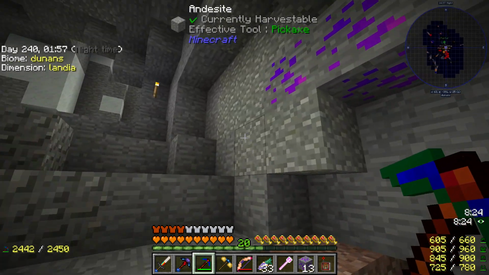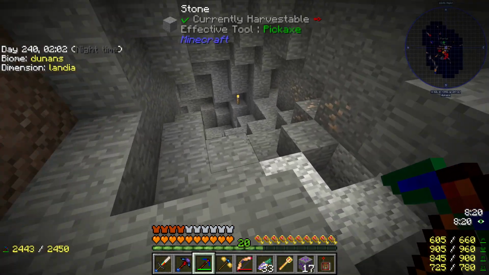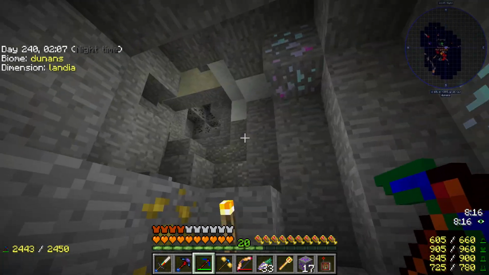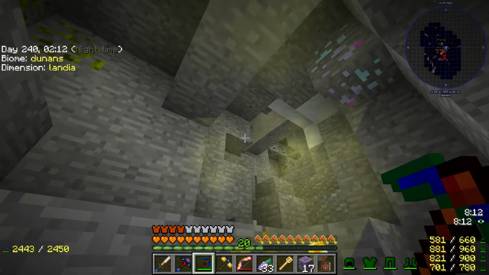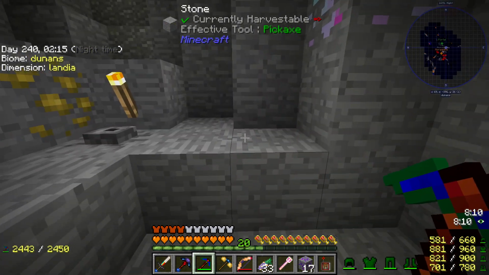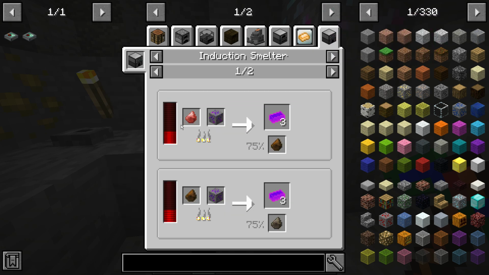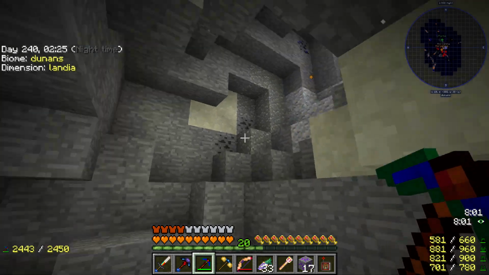I do wonder if I could use a quarry in the Landia here, or a mining laser, just to get some of this stuff automatically without having to make the pickaxes. But we have 17. Now can we triple this? What was that? Oh, that's a sulfur vent. Okay. But yeah, I wanted to see if we could triple this stuff in an induction smelter with cinnabar. Yeah, we can. So I think that's probably the route I'm going to do. I think we have plenty of